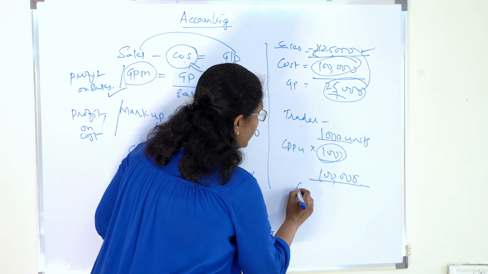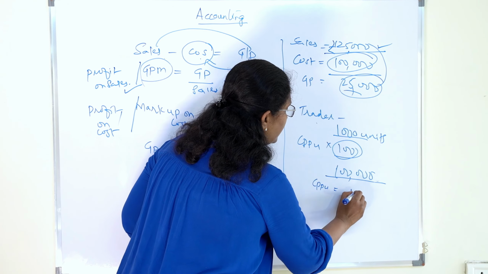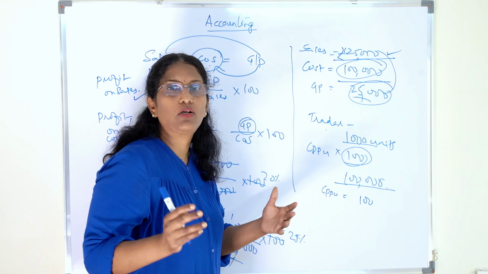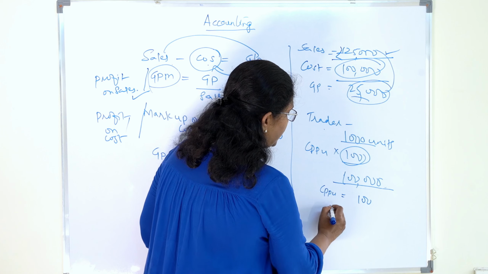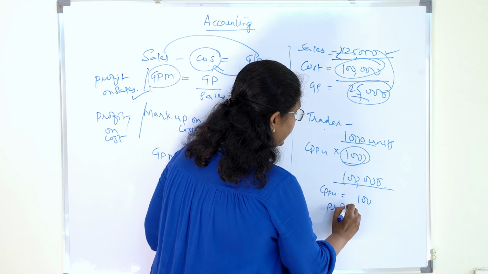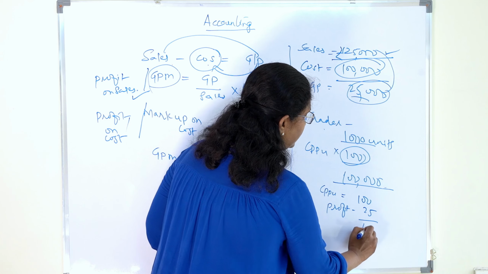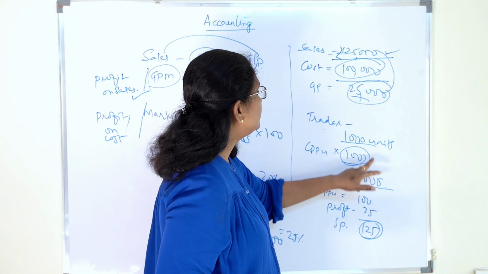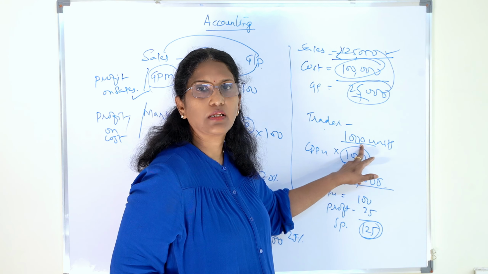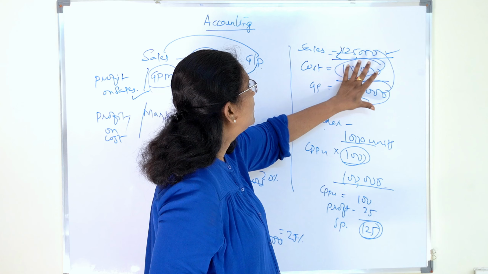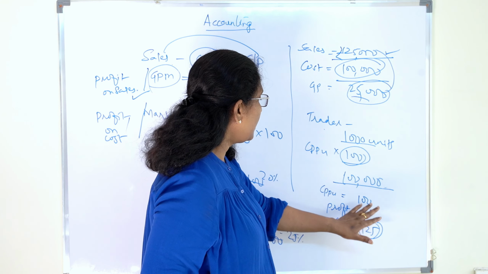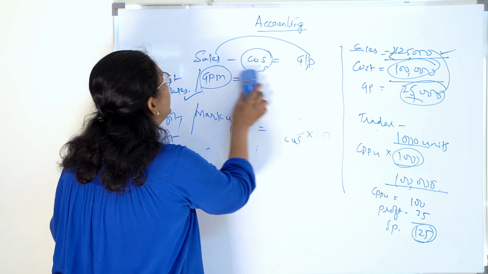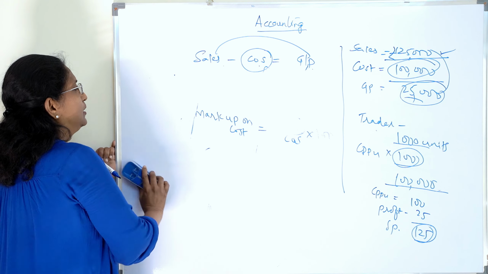So if your cost price per unit is 100 and you are thinking how much profit you will make, suppose you say I will have a profit of 25, so 125. So what is my selling price? It is 125. And how many units are you selling? It's 1000. So that way I have taken directly this formula, that is 25 into 1000, and sales is 125,000. Come here. This is one equation I have given to you,